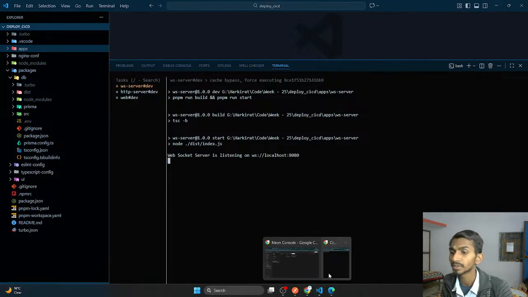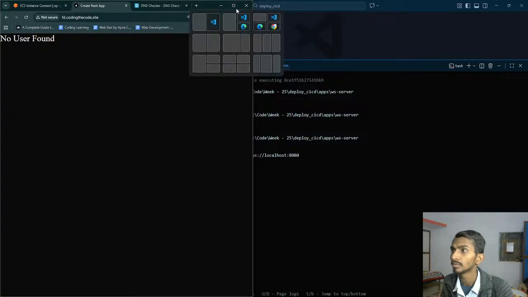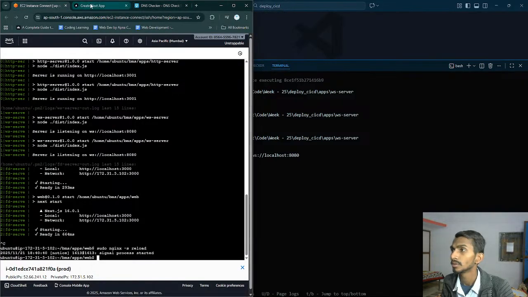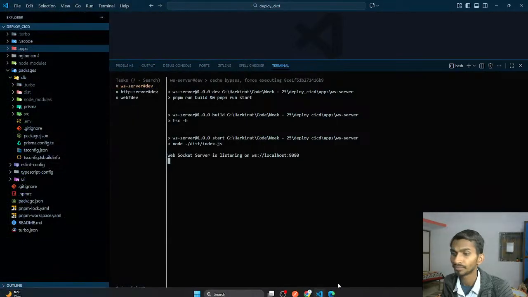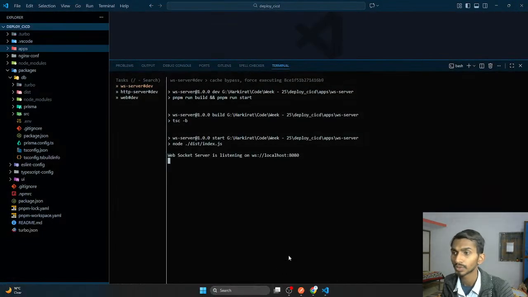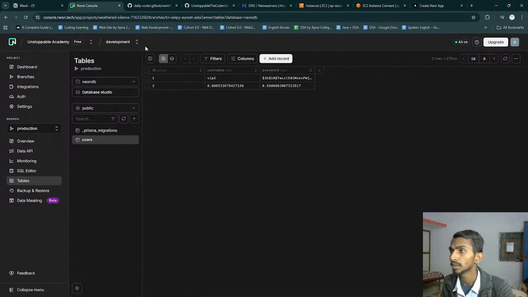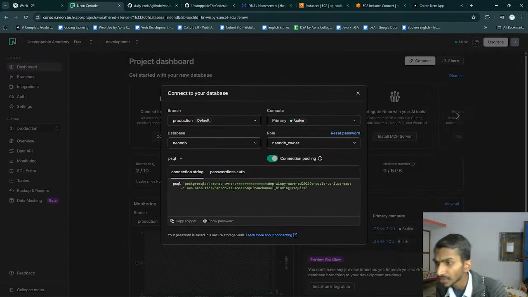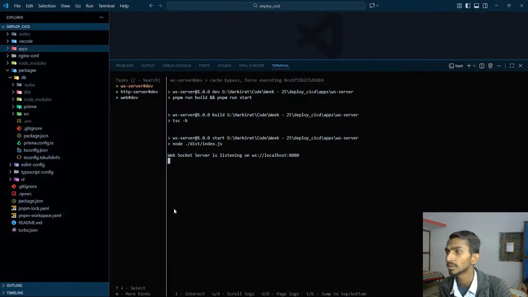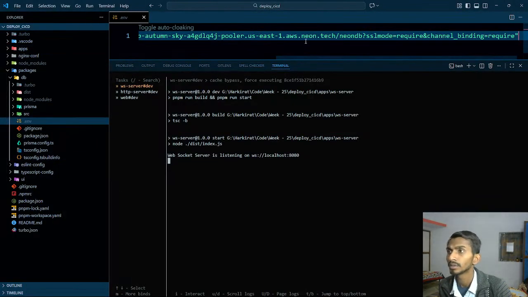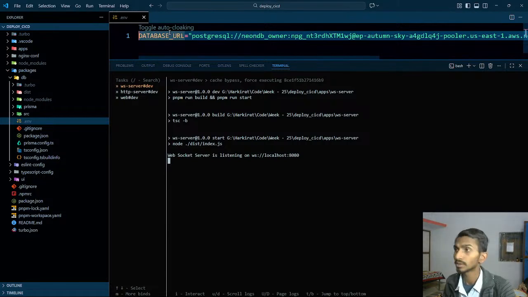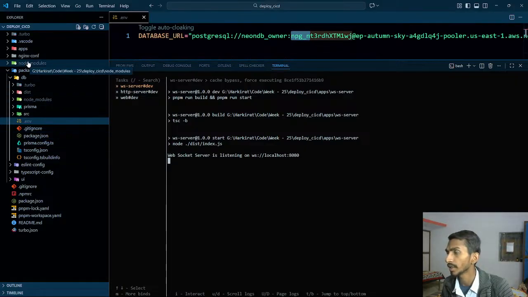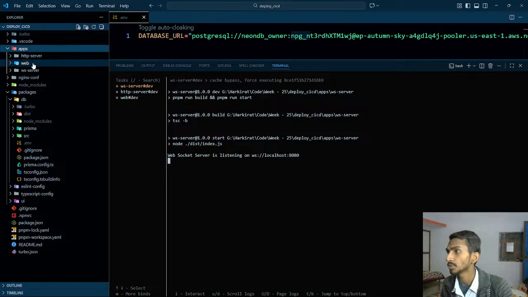What is the URL of this? Okay, let's close this. Close this too. In here, this is the development database, and talking about its URL and mainly the password. npg, this in here. What is the password? npg, this thing is right in here, inside packages, inside apps, then web app.